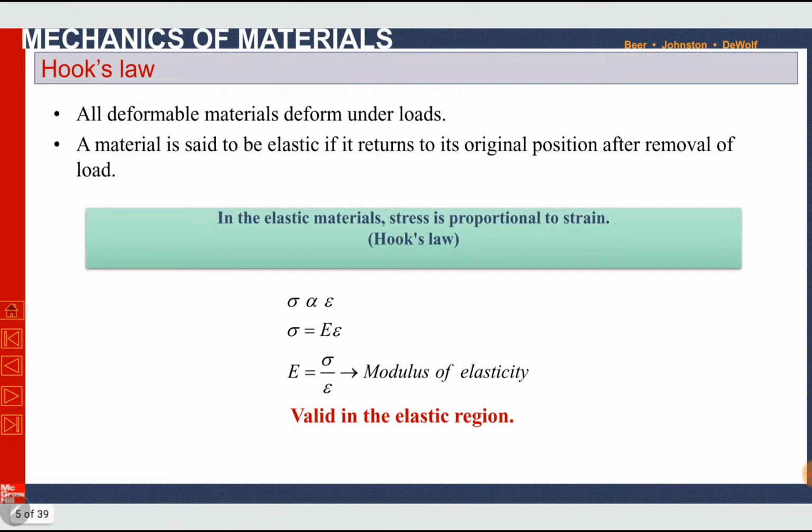Now we are moving towards the next topic, Hooke's law. All deformable materials deform under loads. This is understood. A material is said to be elastic if it returns to its original position after removal of the load. For example, we have a bar and we apply a tensile load P. The length of the bar will increase,